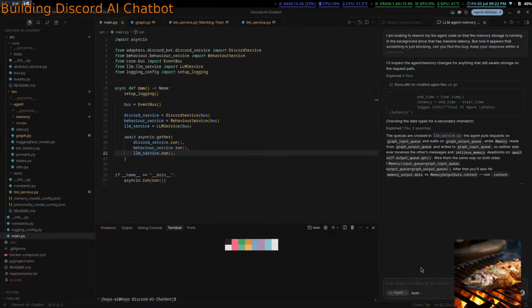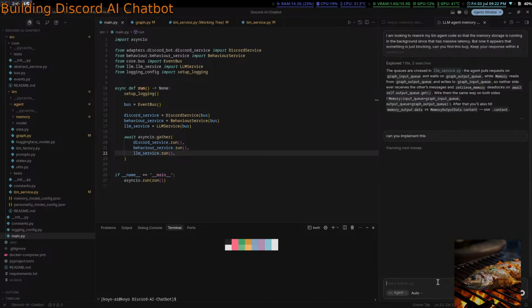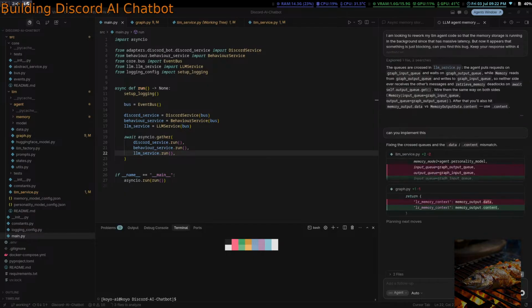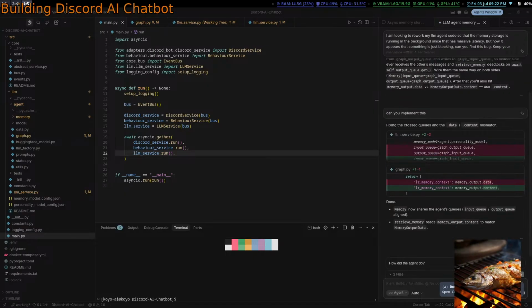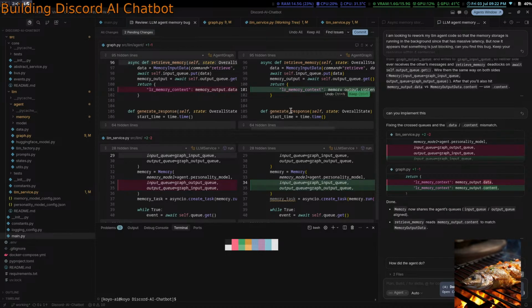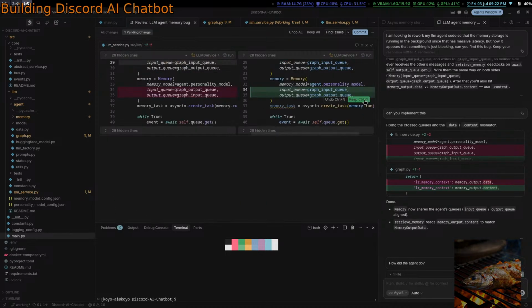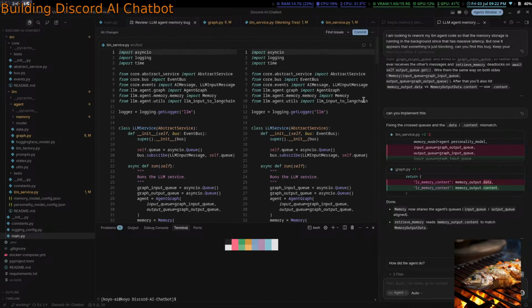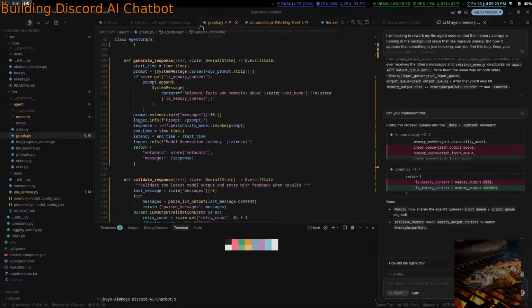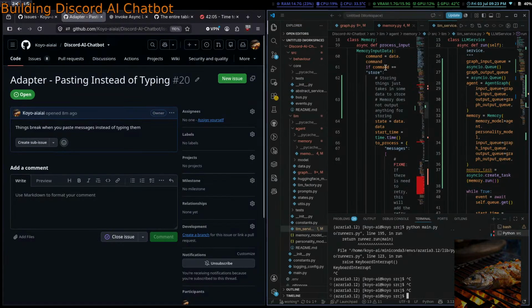Can you implement this? Wow, okay, it's like 2 lines. Graph embed. Okie dokie.